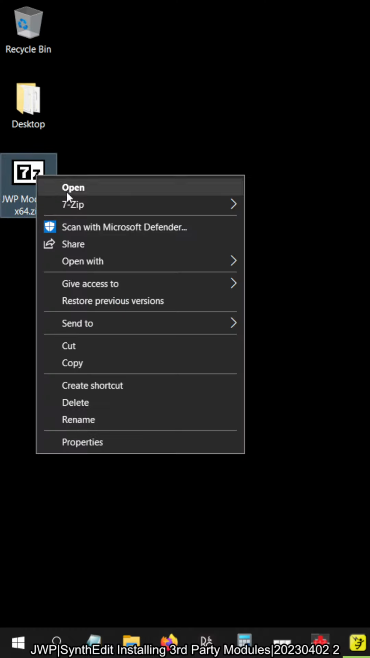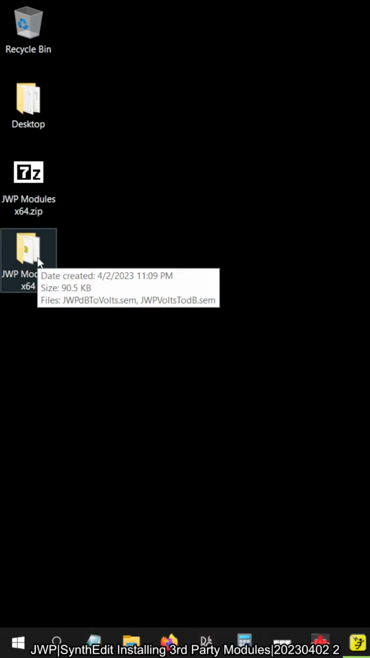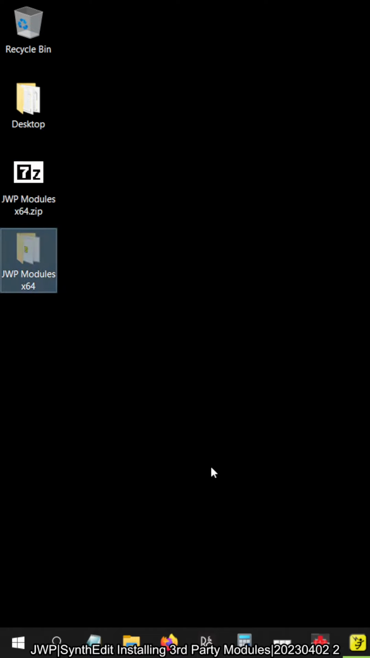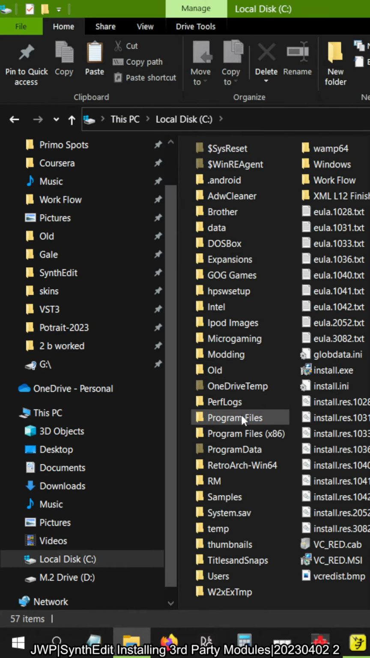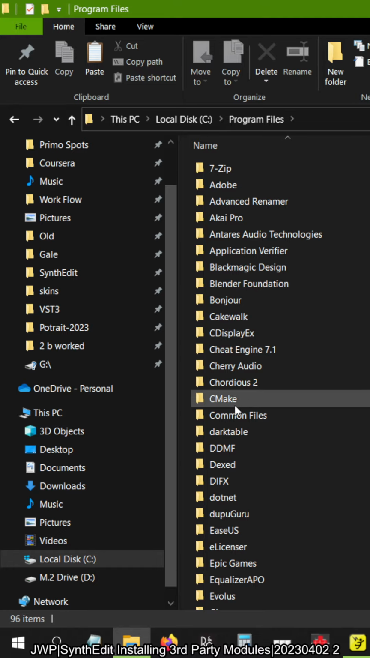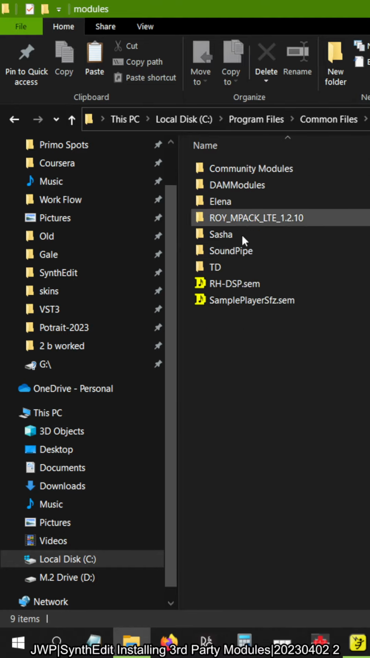Heading to my desktop where I have simulated a download. Extract my zip into a folder, and I'm going to click Control-X or right-click Cut. Now I'm going to head into my File Manager, C, Program Files, Common Files, SynthEdit, Modules, and click Paste or